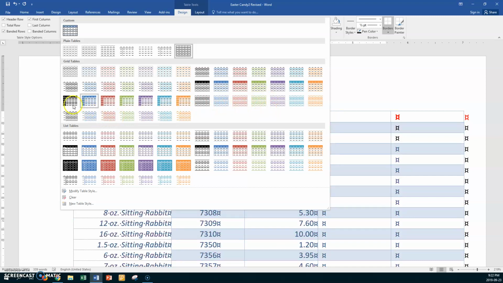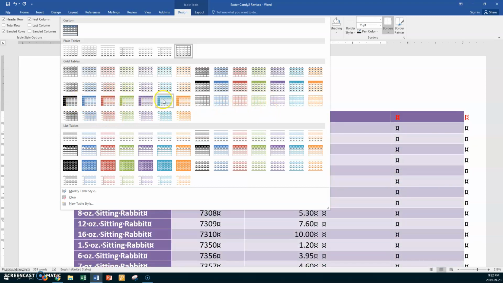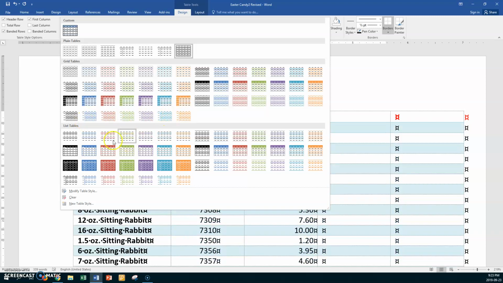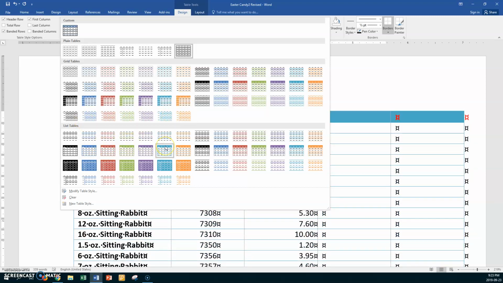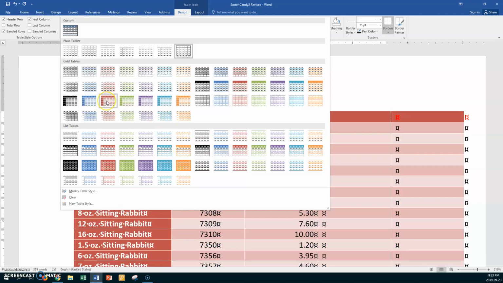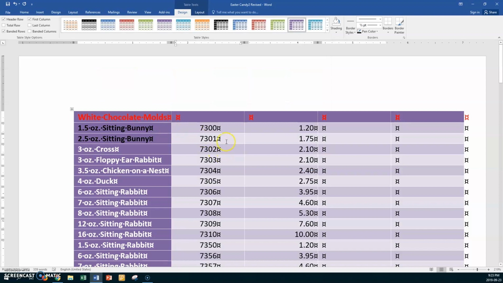Okay, now basically they're all the same designs except a different color. So each row is something different, and they have all the different colors. So it doesn't matter right now which one you choose, but let's choose this one. Gives us the most options. So let's choose one of these, because they're all the same color, so it doesn't matter, but choose one. All right, so I'm going to go with this purple one, Grid Table 5 Dark, Accent 4, and instantly I